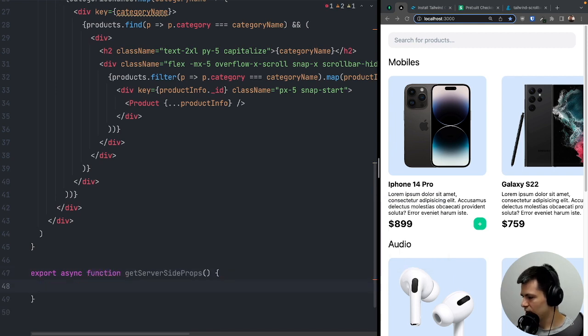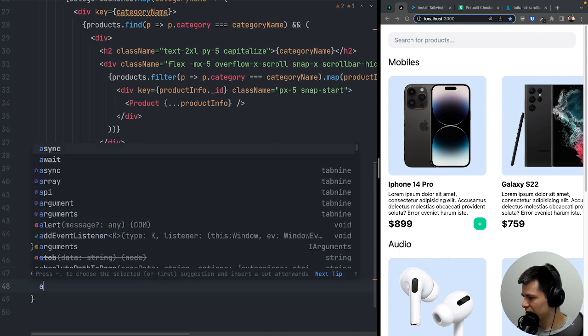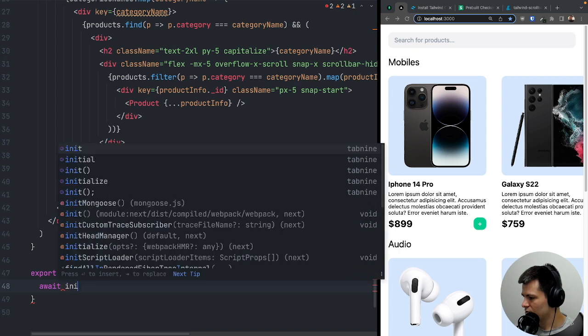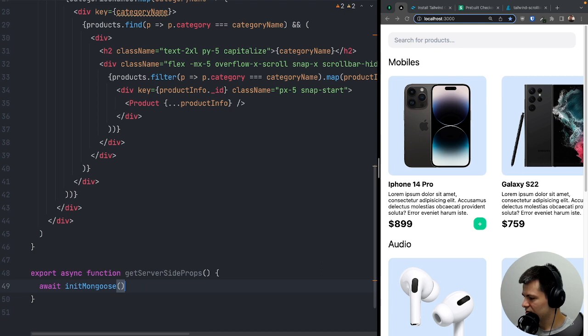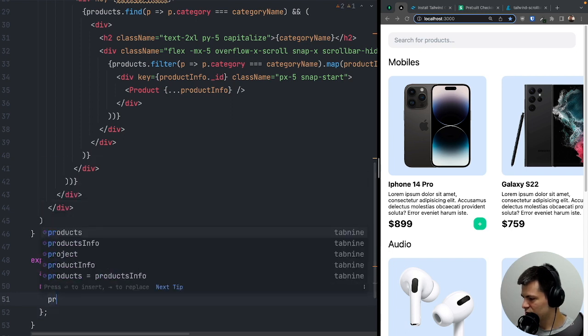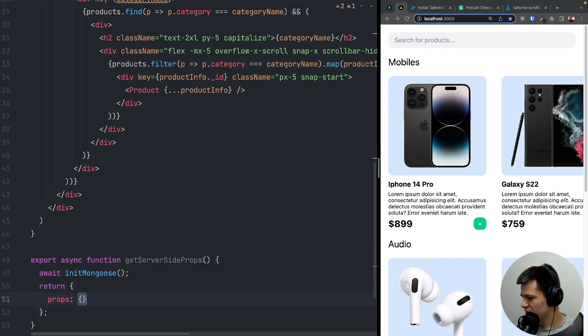getServerSideProps. Yeah, and here we need to connect to our database. So the same thing we do on the API side. So let's do await and init mongoose. That's why I put it as a separate function inside separate files, so we can reuse it in many places. Now this function should return an object, and inside this object we should have a property props, and inside we want to return products, right? So for now it will be an empty array, but here after we connect to the database we want